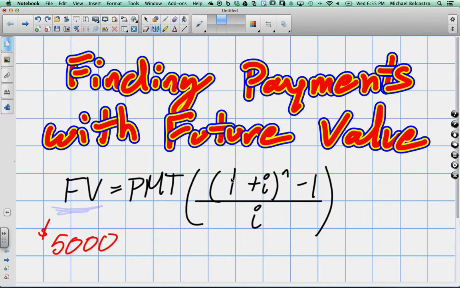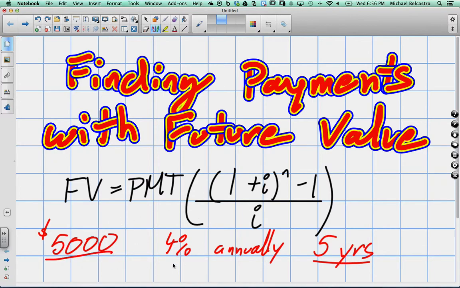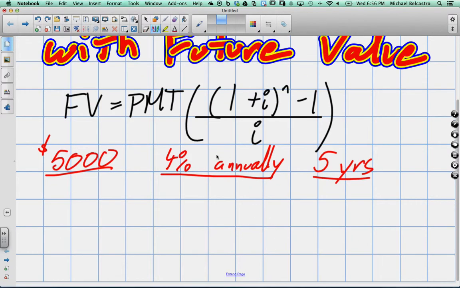Well, there's a couple other things I have to put as parameters. What interest rate I get, and maybe I'm going to get 4% annually. And I'm going to do this for 5 years. So 5 years down the road, I want to have $5,000 and have a bank account that pays 4% annually. Well, that means I want to know how much I have to put in every year, so once a